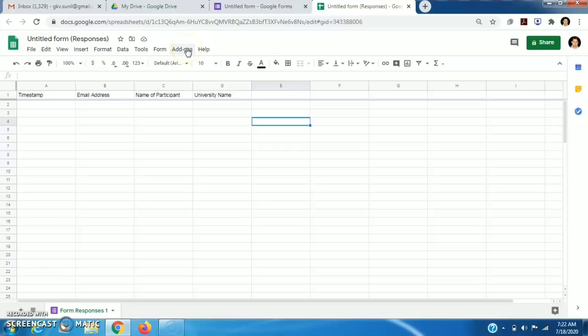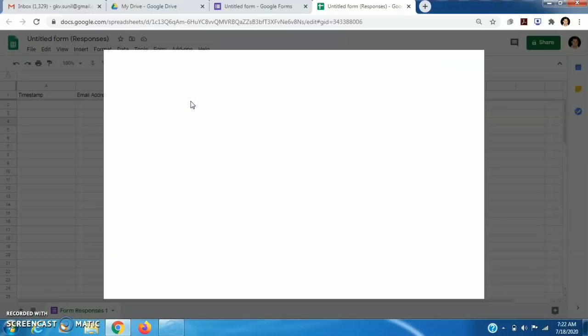We have to go on add-ons. I have already installed the add-on AutoCreate here, so you can see it. But when we have to use it the first time, we have to get it from Google Suite. So we have to click on get add-ons.